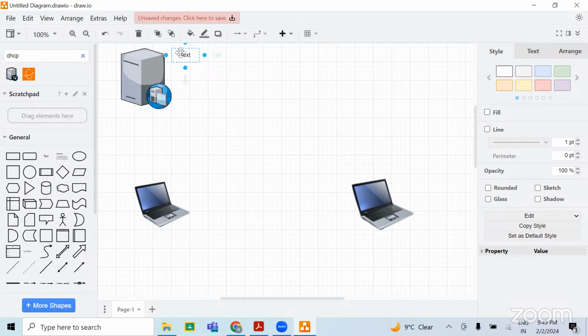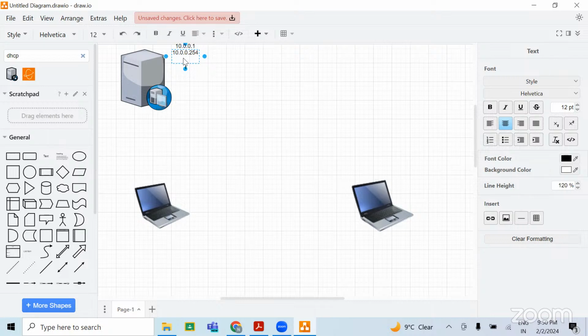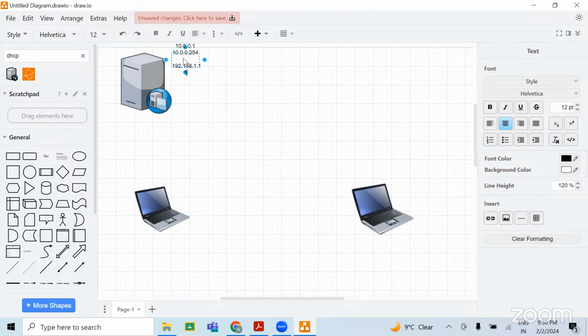Let's say for class A, I'm going to make a scope 10.0.0.1 to 10.0.0.254. Okay, so this is going to be my class A scope, and I'm going to configure one more scope from 192.168.1.1 to 192.168.1.254.